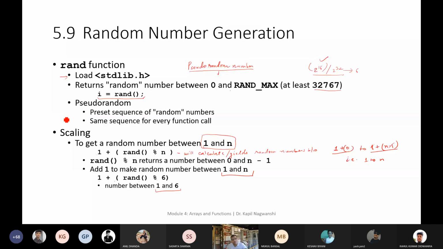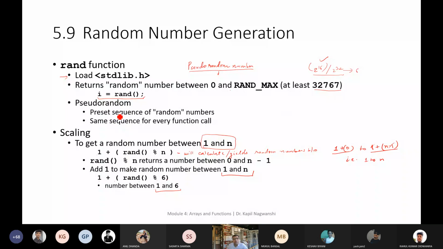What is the pseudo randomness of any number? We need to use certain numbers randomly. So how do you use them? If you are using the simple random function, it will generate any random number from 0 to 32767.